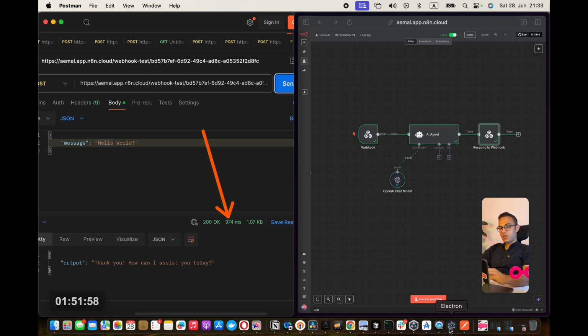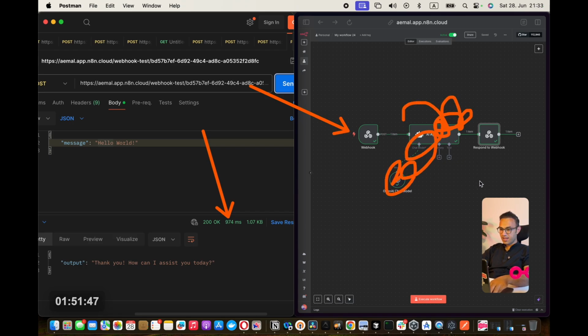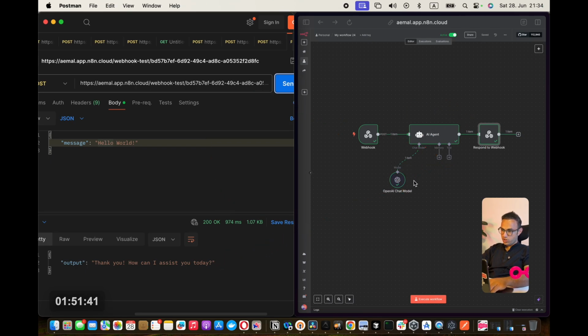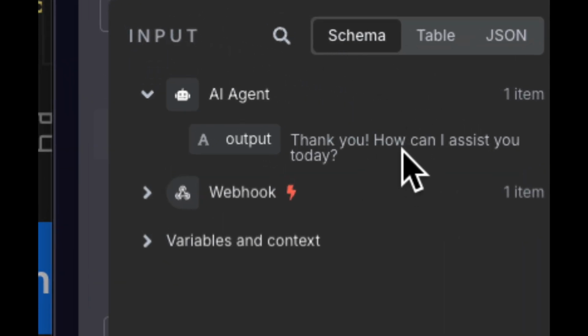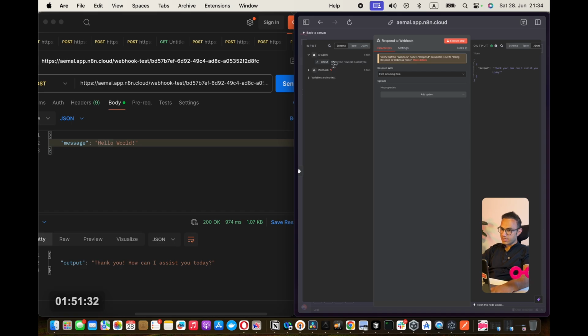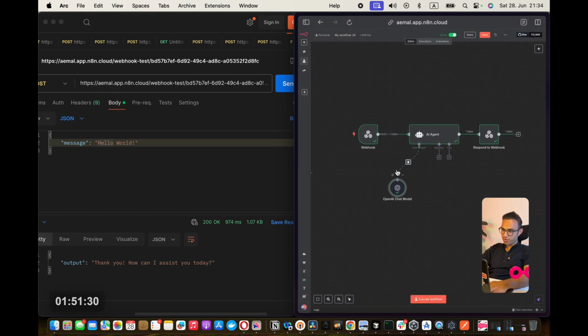Because now the request came from here to here, and it waited for all of these things happening, and then this response came back from this node, which if we double check, is actually the response that came back from the AI agent. Look, how can I assist you today? And what is that message? That's the message coming from ChatGPT.